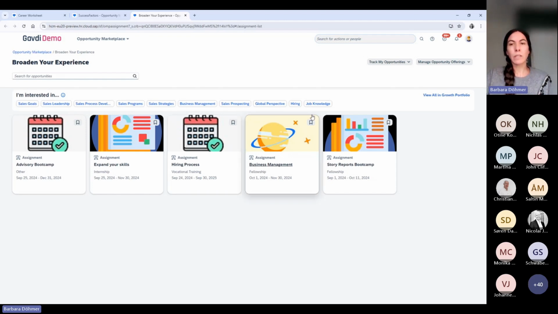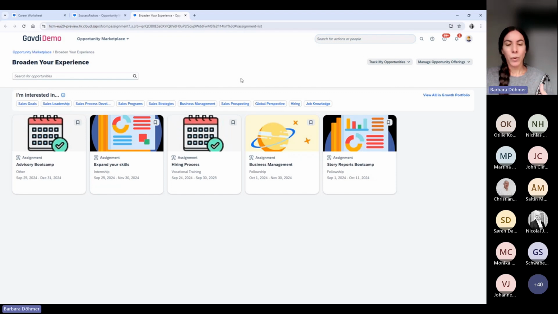So all these skills or attributes are the ones that I choose in my growth portfolio, and I can decide which are my areas of interest. So then when I visit the marketplace again, it will only show me recommendations based on these areas of interest that I have.